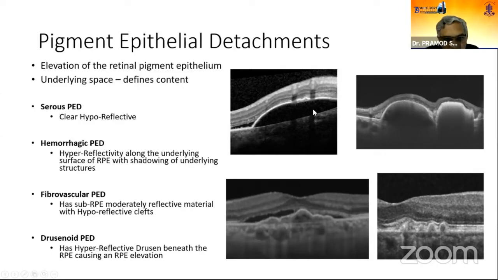say, if it's a serous PED, a clear hyporeflection, or you can have a hemorrhagic PED where the hemorrhage blocks the underlying structures and you get a shadowing effect. If you have a fibrovascular PED, you have moderate to high reflectivity material with a hyporeflective cleft, and it can have associated subretinal fluid. And when you have a drusenoid PED, you have highly hyperreflective drusen with sometimes associated